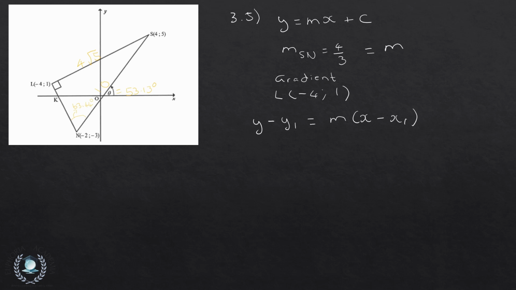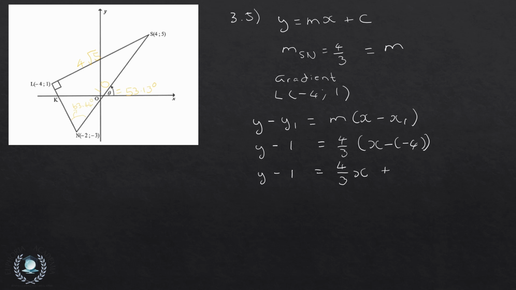Right, so now I'm just going to substitute our y1, which is going to be 1, and our gradient is 4/3, multiplied by x, and then our x1 is -4. So we're just going to replace that, and we're going to do some maths. Let me just simplify on the right hand side. We're going to find that this is going to be 4/3 x